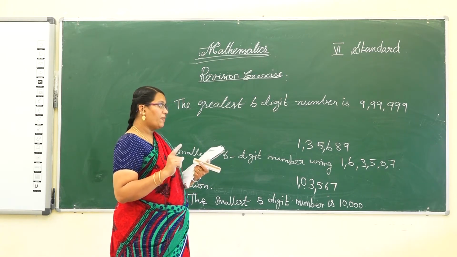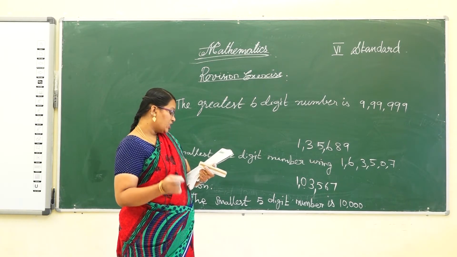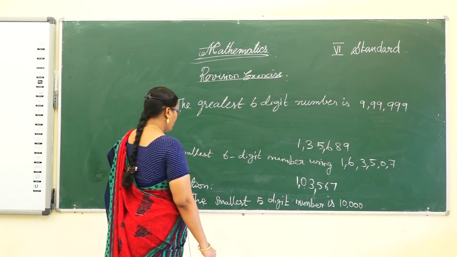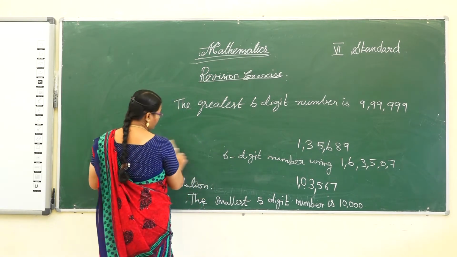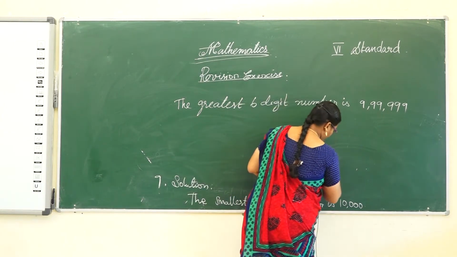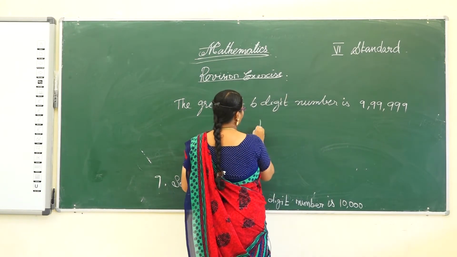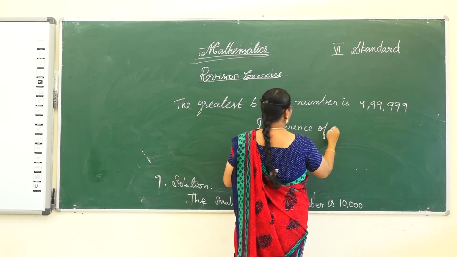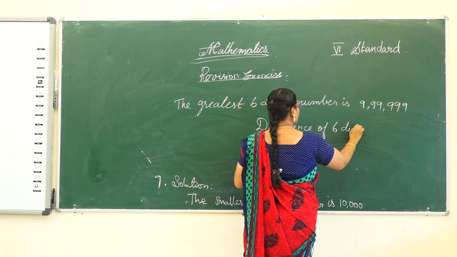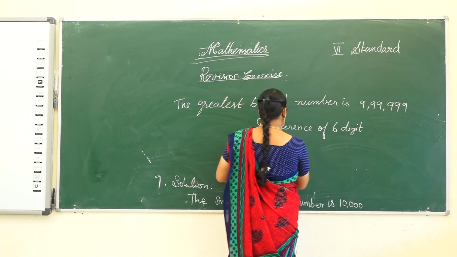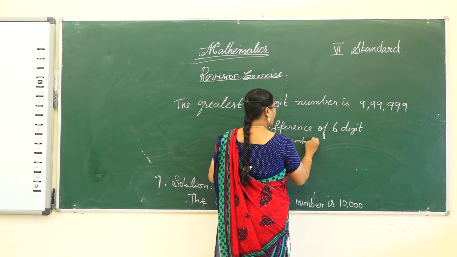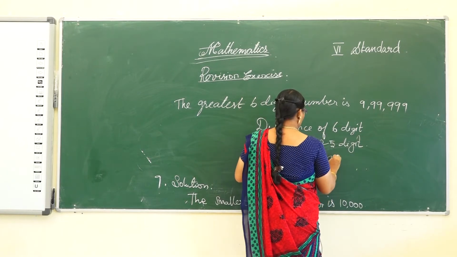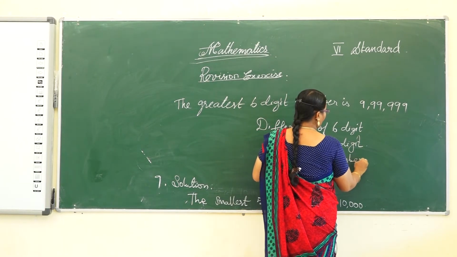What did he ask? Find the difference. Difference means subtraction. Find the difference between the smallest 5-digit number and the greatest 6-digit number. So I want to find the subtraction here. The difference of the 6-digit number and the 5-digit number is equal to